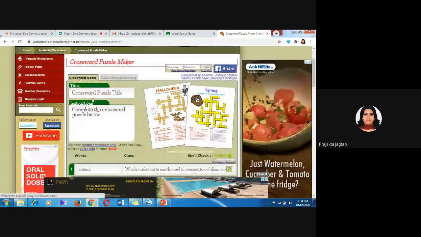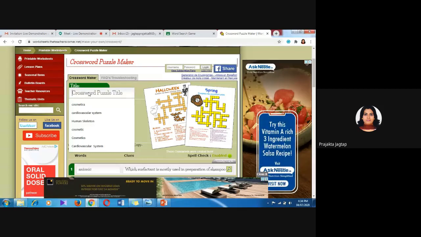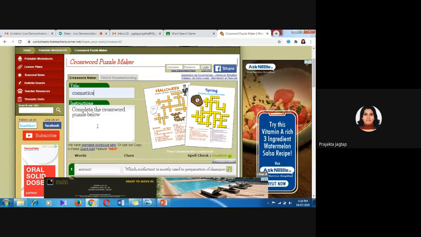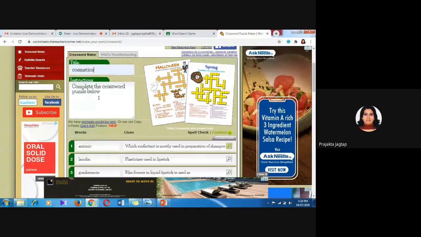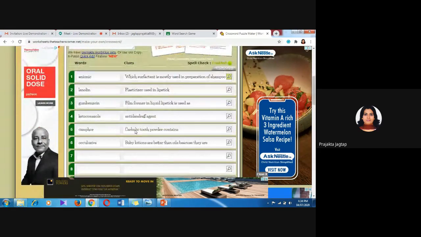This is the worksheet. Here you need to add a title. For example, I am adding it as cosmetics. Then give instructions to your students, for example, complete the crossword puzzle below. Then you need to insert the questions and the answers, the clues.